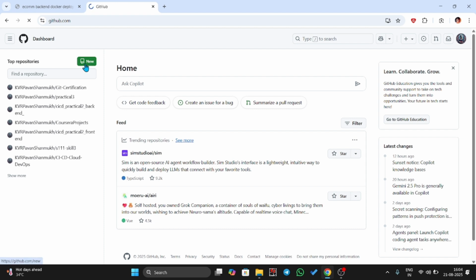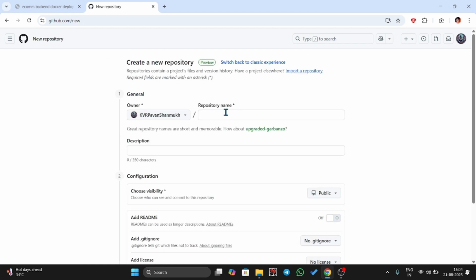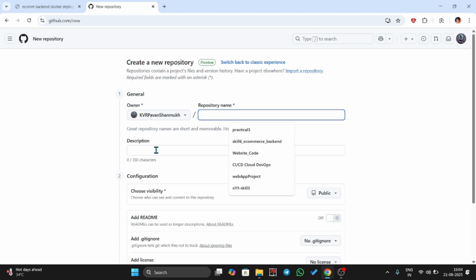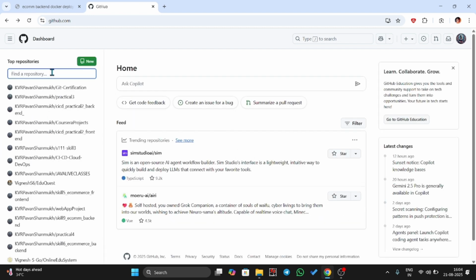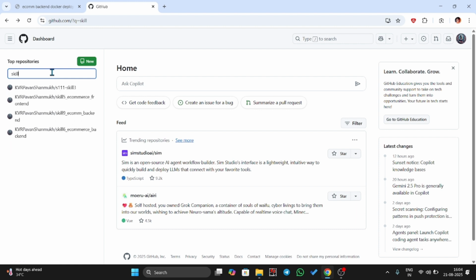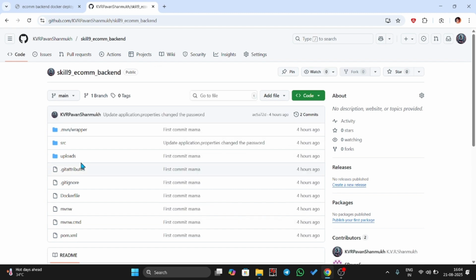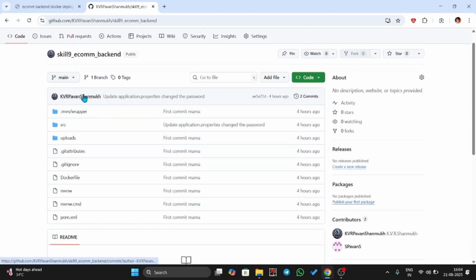So just create a new repository, naming whatever it is. So I already created it. So let me work on it. Skill 9 e-commerce backend. So here, these are obviously shared to you in the Telegram group so that from there